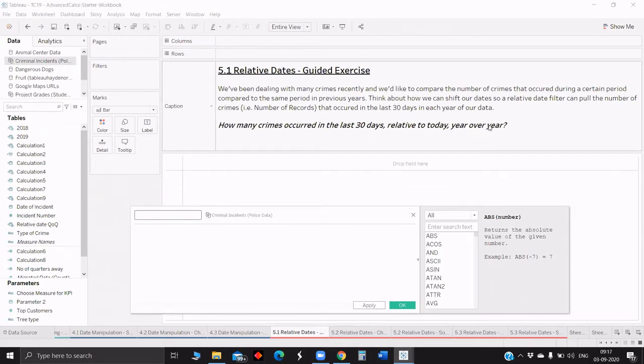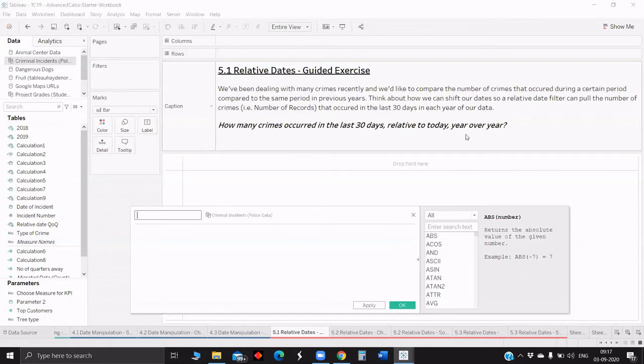Using the same days, we again use the date functions to look into the previous year compared to the current year. That will be another calculation giving us the crimes that happened in the same period last year. Using these two calculated fields, we can get the comparison between the number of crimes that happened in these two time periods.